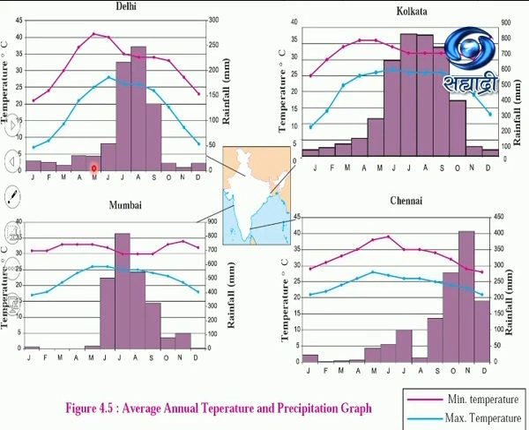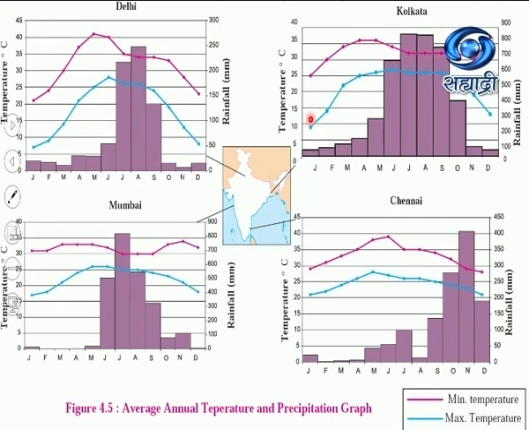Now let's move on to Calcutta, which is located very near to the coastal region. Here also you find maximum rainfall in the months of June, July, August, and September, which is nearly 800 millimeters, whereas in Delhi we found maximum was 250 millimeters. The range between maximum and minimum temperature is also negligible. That is, it is maximum humid because it is very near to the ocean. Now let's move on to Chennai.